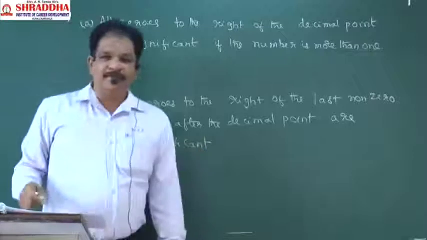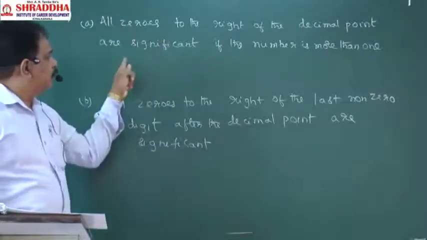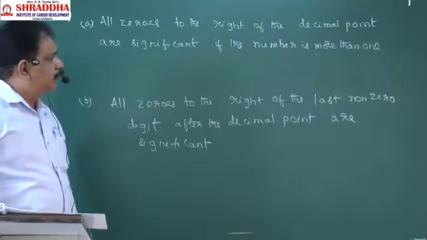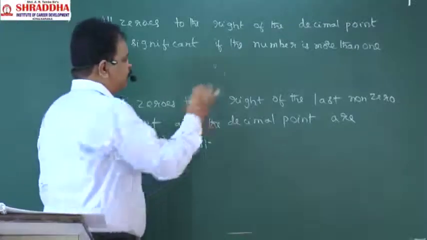Try to understand this one. What is this rule? All zeros to the right of the decimal point are significant if the number is greater than 1. For example,